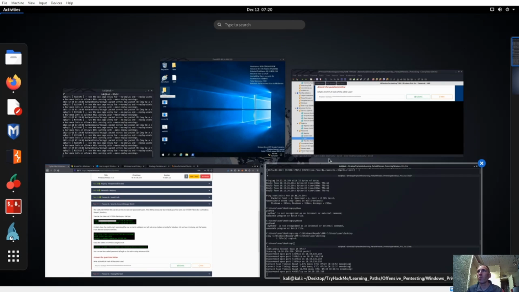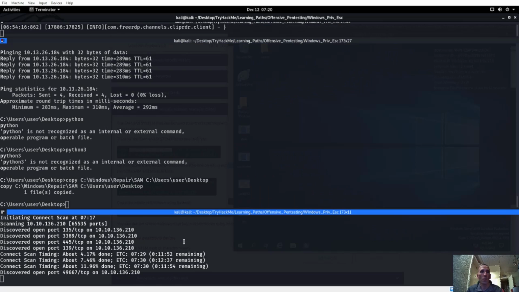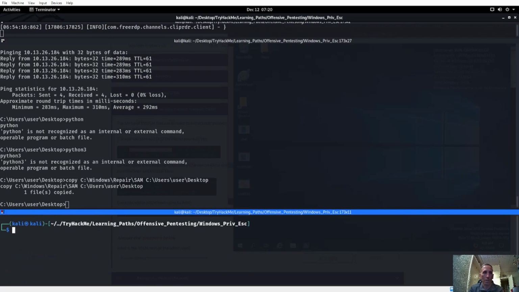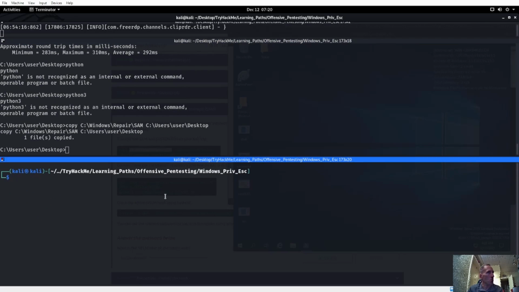That copied. Let's go ahead and look at his desktop, see what we got here. Yeah, there's that SAM file right there. So now can I put that SAM file in the share? I can. Okay. Now I guess I could always use an interpreter to download it, maybe? Maybe. Let's go ahead and now do a